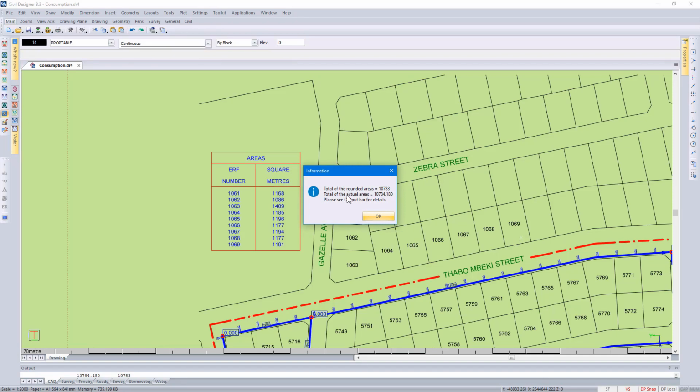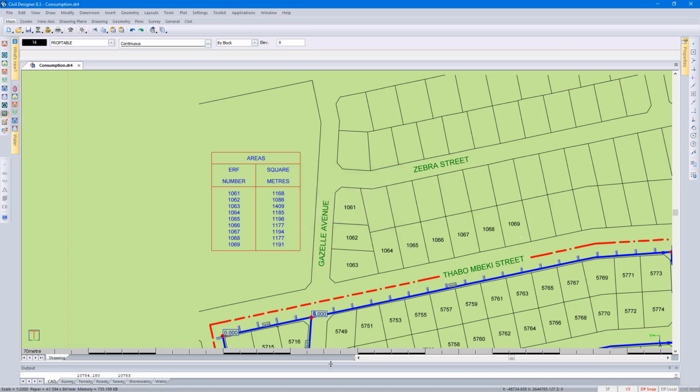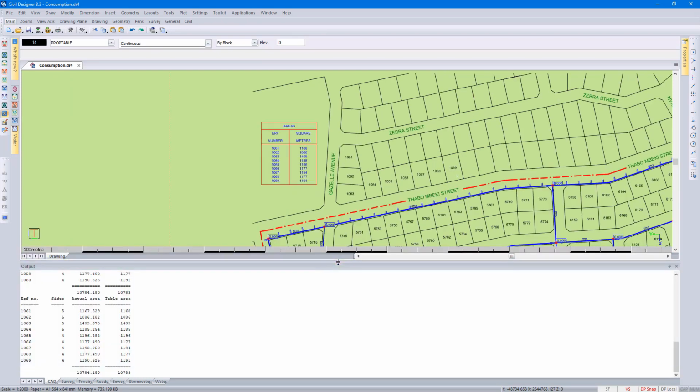There's the information, the rounded off areas and the actual areas. It also puts in additional output information. So if I click on OK here and open my output window, I can see the total amount of area,